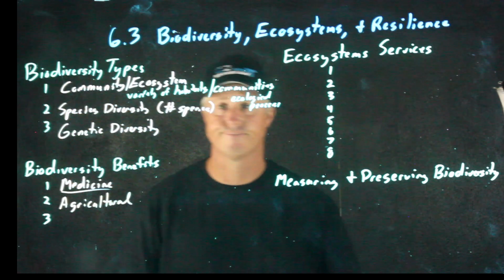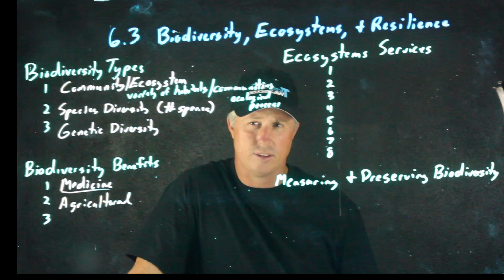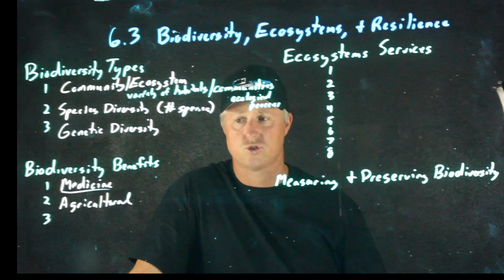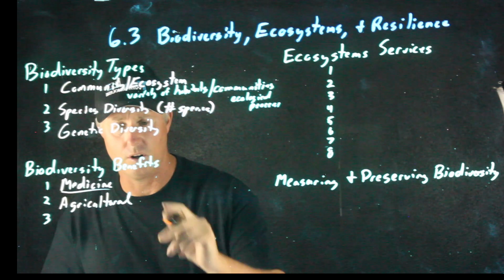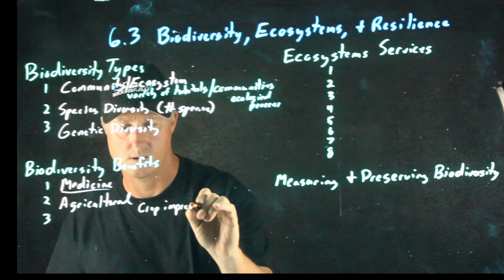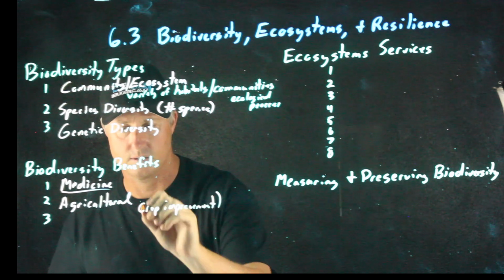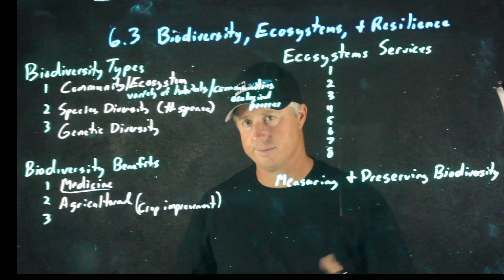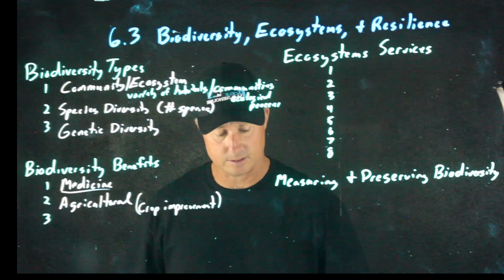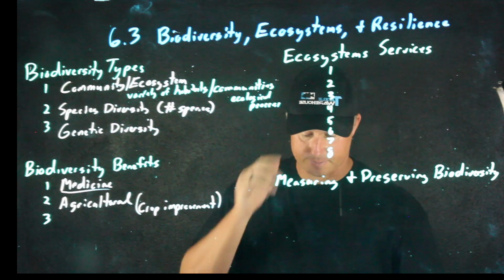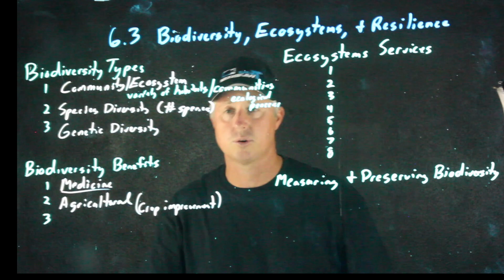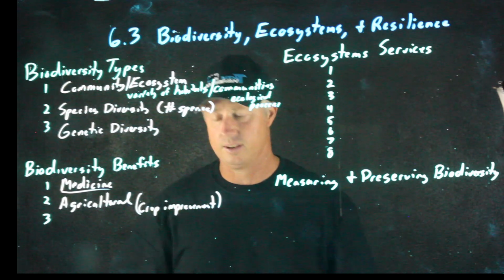Agricultural. Food sources. Now, they don't even have to be a food source. We could actually even crossbreed and make some of our organisms stronger. And we go through what we call crop improvement. Making a crop a little more water tolerant, if you will, in different aspects in that way. Essentially, and not just water tolerant, also better to resist disease and to function.